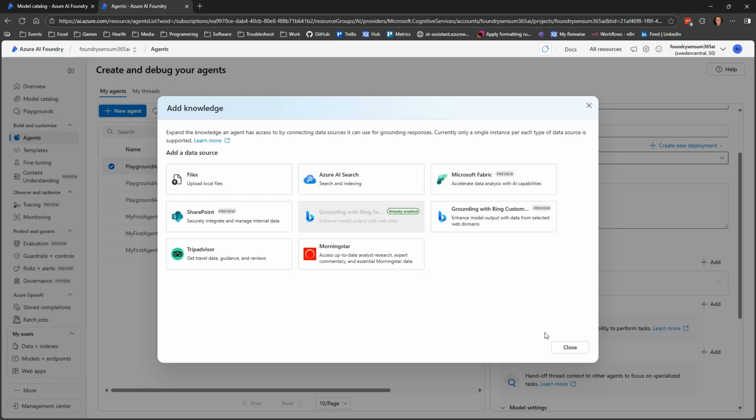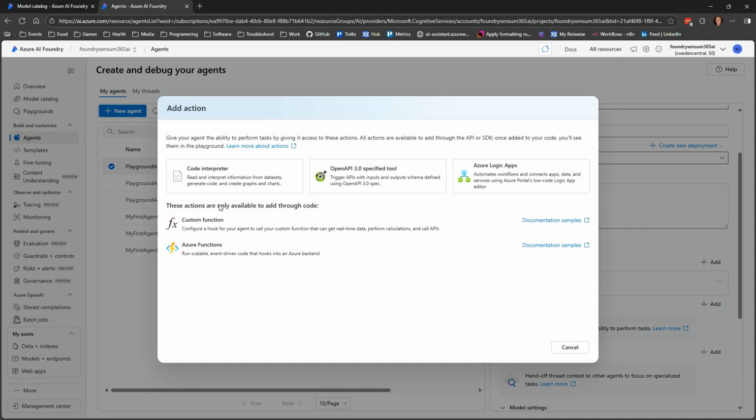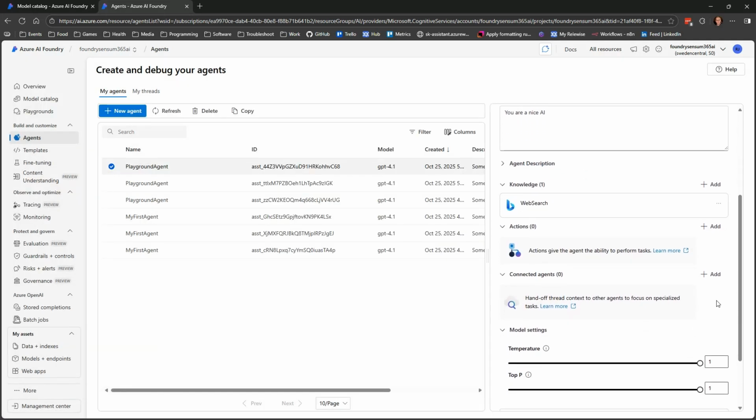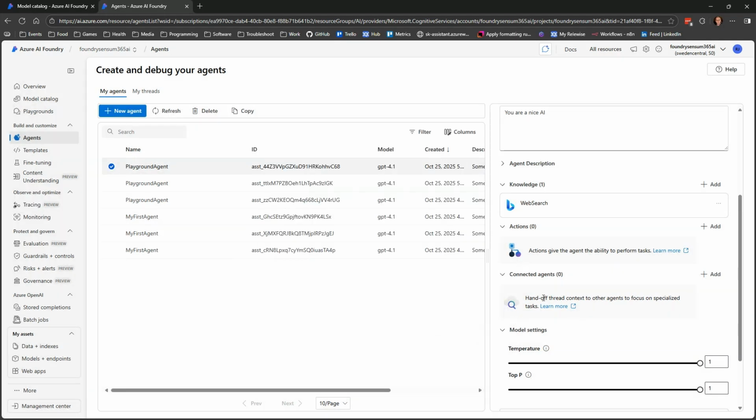Rather, you make these different resources, or data sources as they call them here, available, and then each agent can pick them in the list. In the same manner, you can get code interpreter, logic apps, and such things. And connected agents is just other agents, so we can choose one of the other agents in my system to set up.